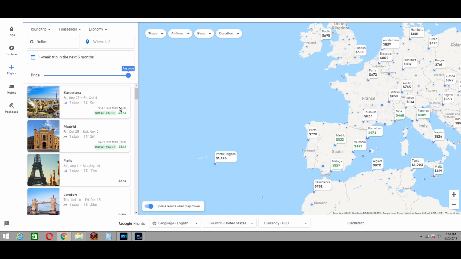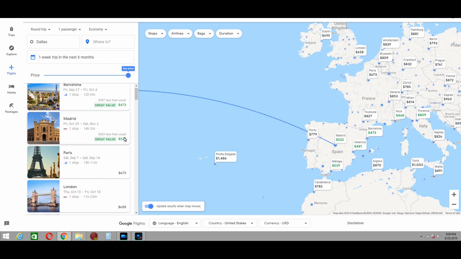So our toolbar is loaded up over here on the left. And take a look at this. Barcelona, $473 round trip from Dallas. $550 less than usual. Madrid, $522. That's $429 less than usual. So guys, you can get an idea pretty quickly that traveling overseas is not as out